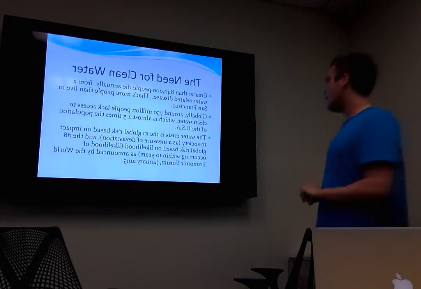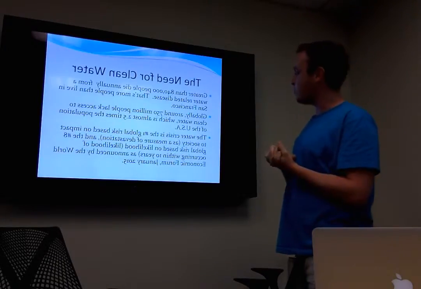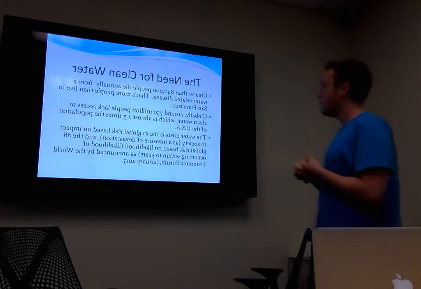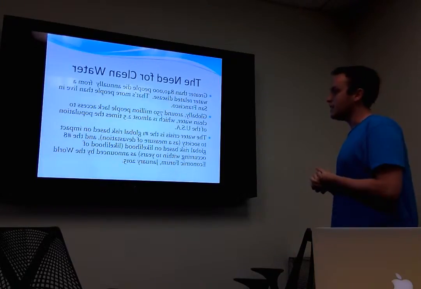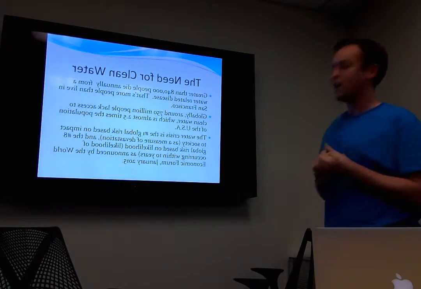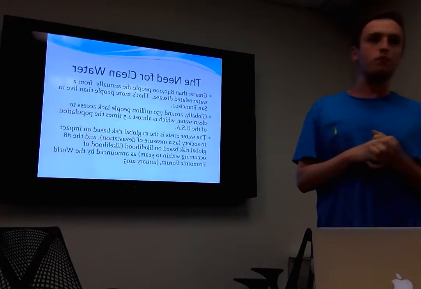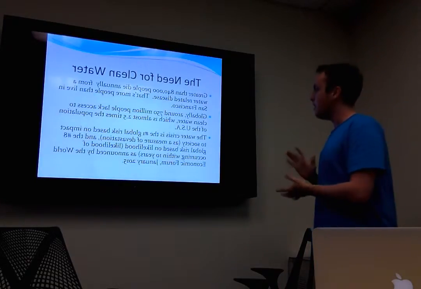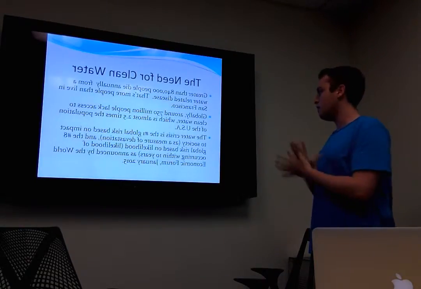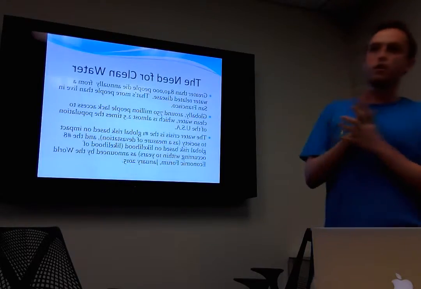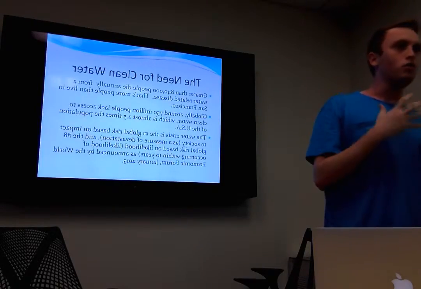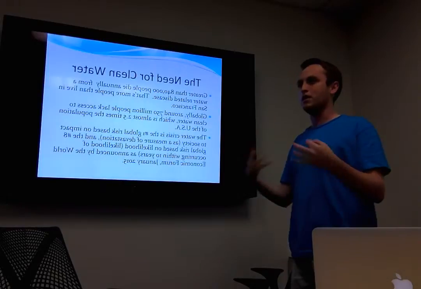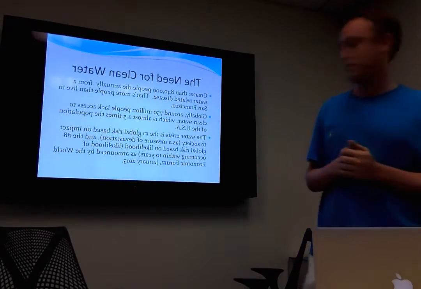I think one of the first things you think you need is food, shelter, and water. So the water crisis is, according to the World Economic Forum in January of this year, the number 1 global risk based on impact to society. So how devastating it is and how much damage it causes globally. It's also the number 8 global risk based on likelihood of occurring within the next 10 years.